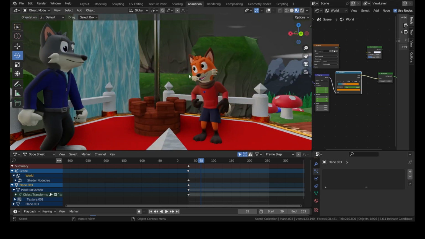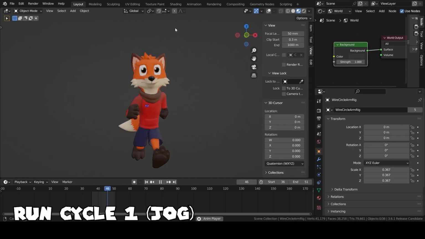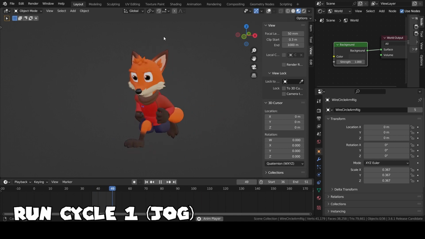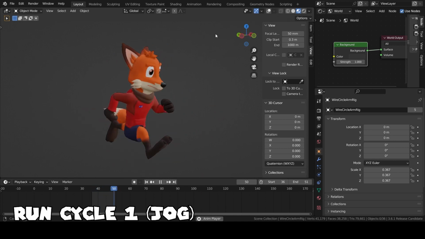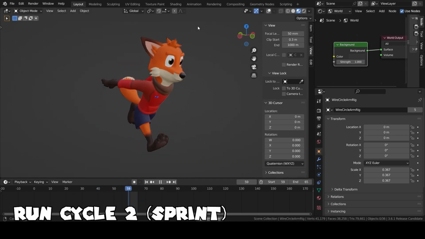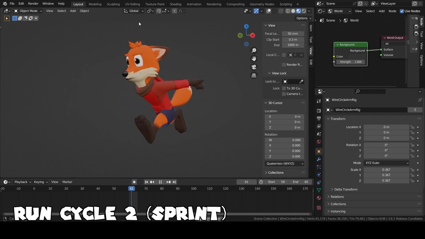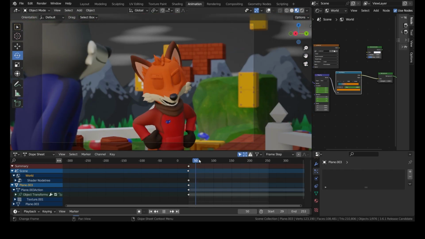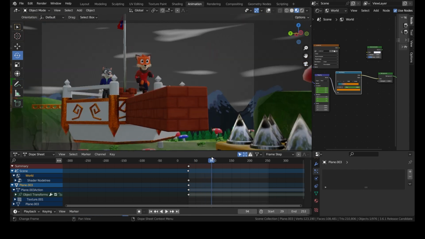So I started by creating some original run cycles just for this project in particular, which I gotta say I was very proud of, and I love them so much that I've still been using them since then. But then from there, I just continued to animate around. I kept it as closely as possible to the original in terms of choreography. I did change up some things here and there